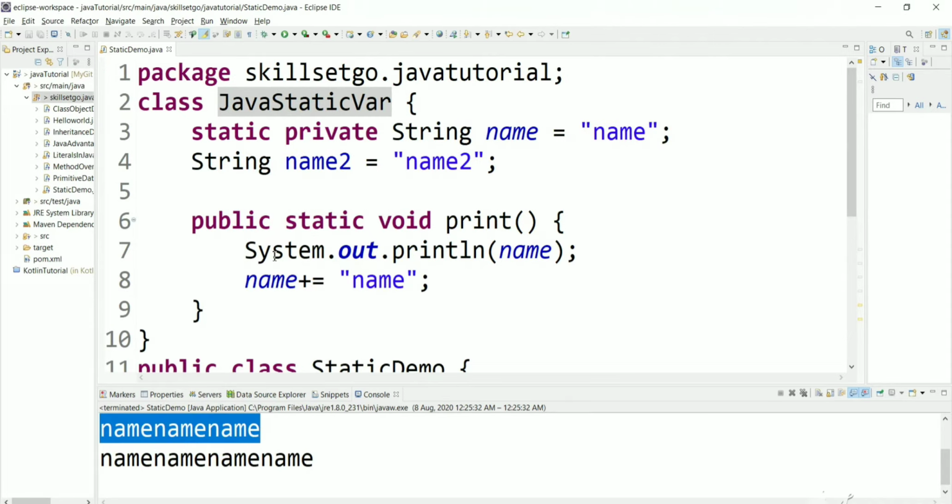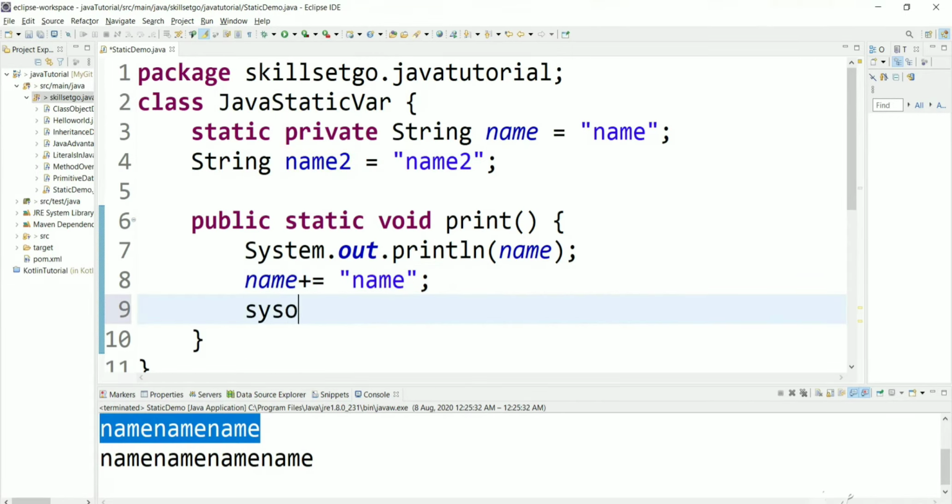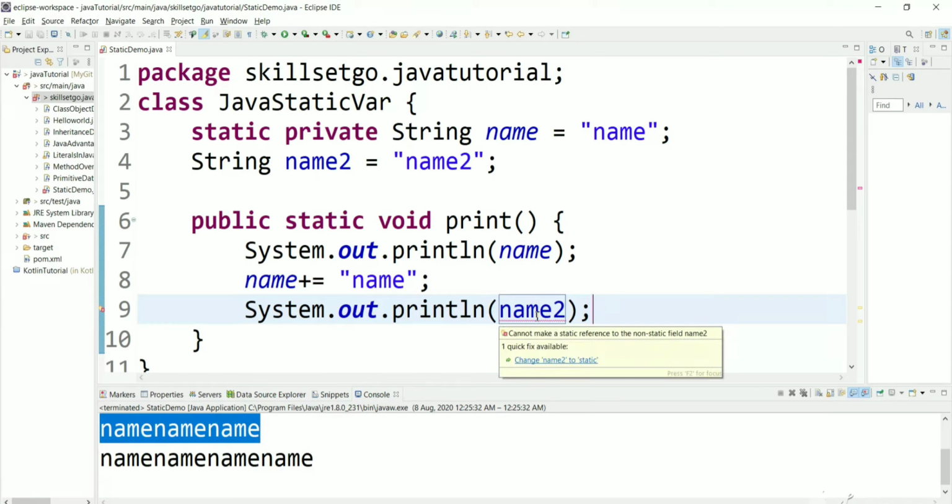Now, in a static method, let's try to use a normal variable. This method is specific to the class, and we are trying to use a variable which is specific to objects. Let's try to print name2, which is a variable specific to the object. Then we get a compile time error: cannot make a static reference to the non-static field name2. So we cannot use normal variables in a static method. Why?